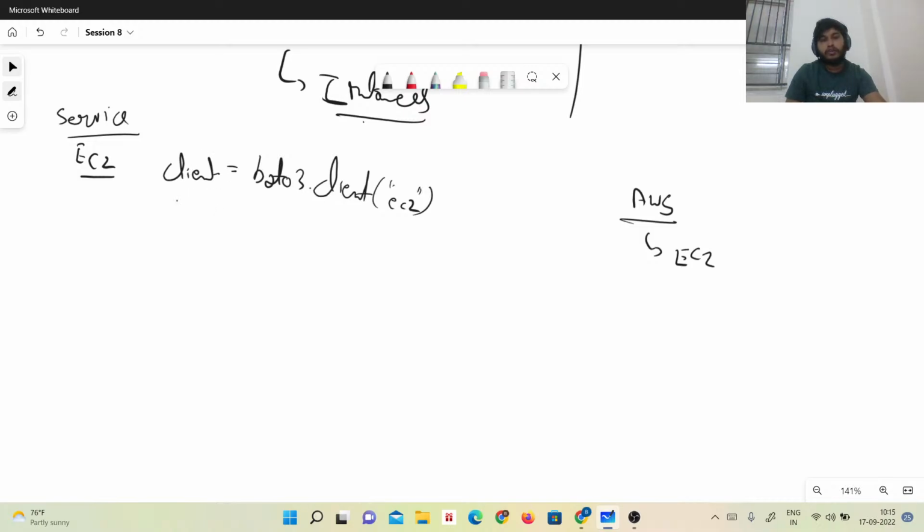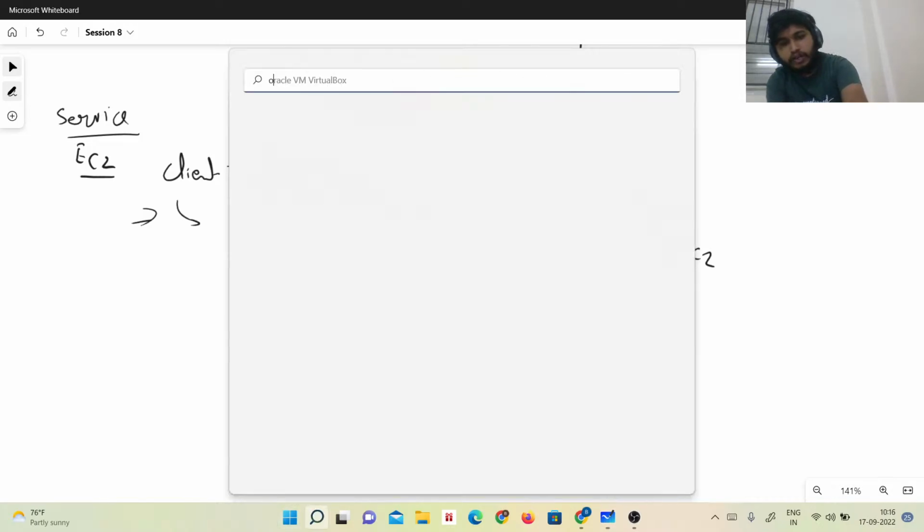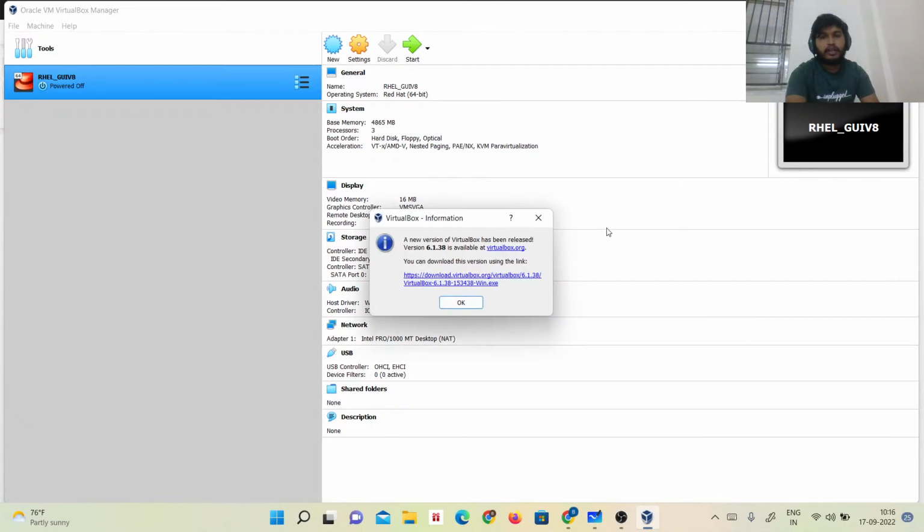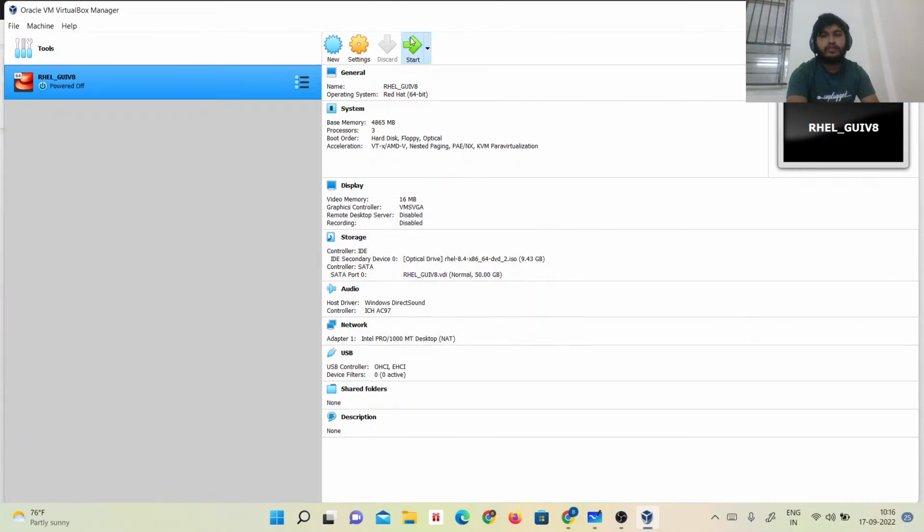If you ask what this is, it is the client function. This way we can connect to our AWS instance. I am stopping this topic here for a minute, and I'm just launching our Oracle VM. We can just start our, sorry, RHEL VM. And in the RHEL,